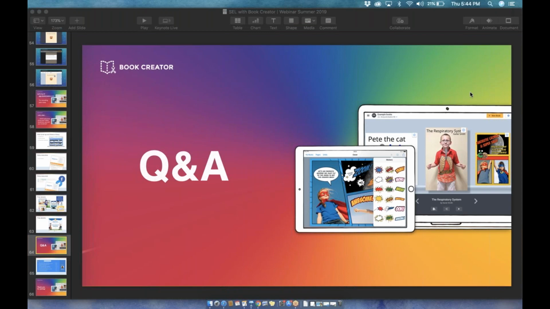If I don't get to yours, you can always send us an email as well. So on Book Creator's website, you can find more of the pricing information. A question came in on that. Students can share their books on cross devices, so they can access them wherever they log in. And yep, world language teachers can definitely use this tool. The audio features make it great for that too.